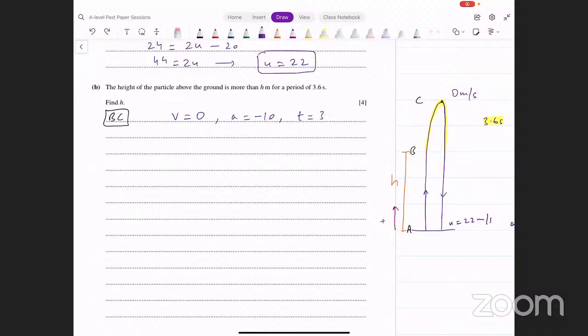ओके, मैं आधा पार्ट कंसिडर कर रहा हूँ ना उस जर्नी का। बी से सी और फिर सी से बी, टोटल आने पे कितना लगा था? 3.6। तो बी से सी जाने पे कितना लगा? That's going to be 1.8 seconds. मेरे पास ये तीन चीजें आ गई। What I can do now is I can